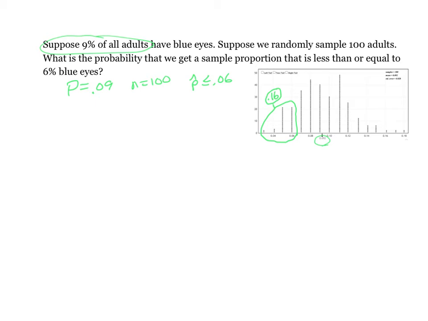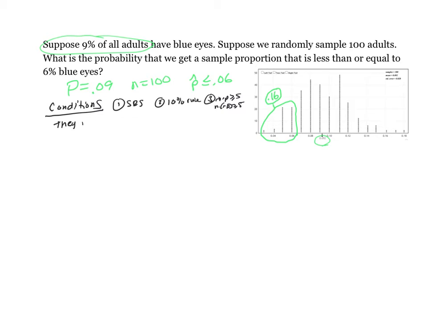So let's run through the conditions real quick. Basically what we have to do is run through the 3 things that we talked about on that previous slide. We need an SRS, we need to follow the 10% rule, and we need n times p bigger than or equal to 5, and n times 1 minus p bigger than or equal to 5. So I need to show that those three conditions are met. And one way to do that would be to just tell a little story, write a couple sentences about this situation. So I will demonstrate that now. So we can say